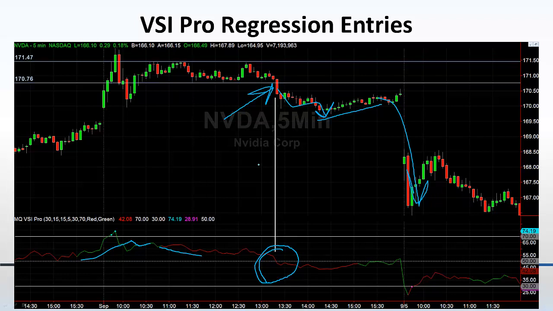Making sense to everybody so far? Pretty simple. And again, a lot of you have said that you miss good signals because the market's moving too fast and you couldn't do your analysis fast enough. Well, that's what we're trying to solve, and make it very easy for you to quickly look at a setup and then glance down at the indicator and say, indicator confirms, take the trade. That's what we're trying to do here, increase the probabilities and your success rates by identifying setups quickly and making it so you can take action fast enough so you're not chasing the market and you can get in at the start of the move instead of the tail end of the move.